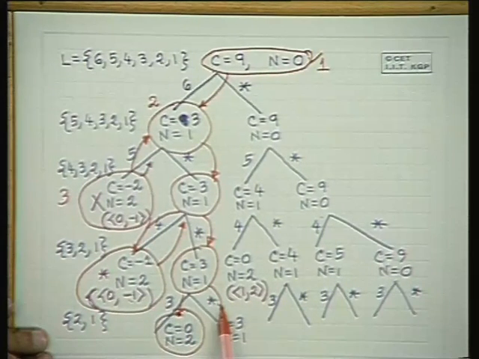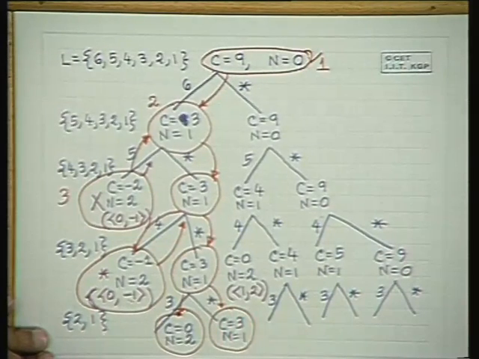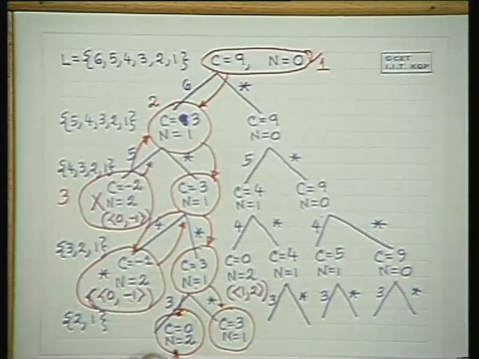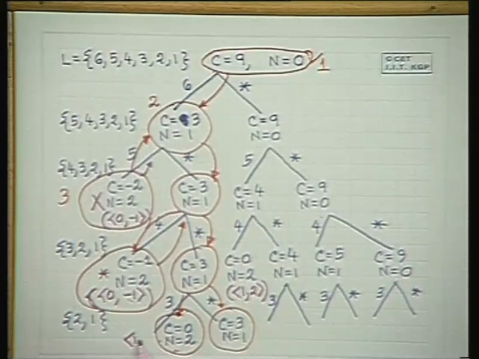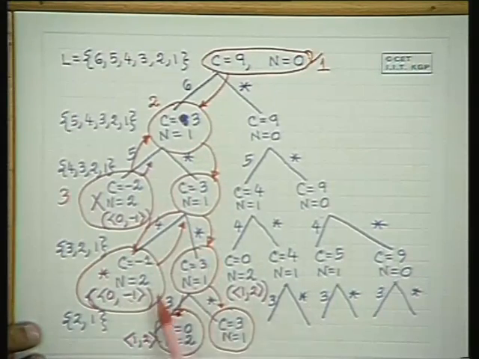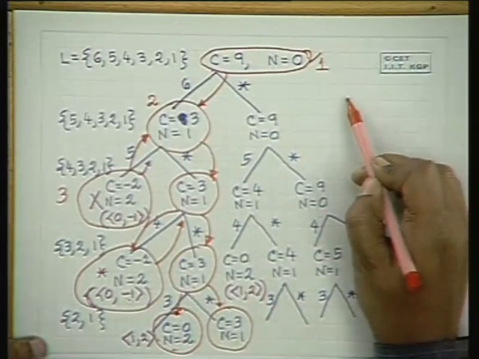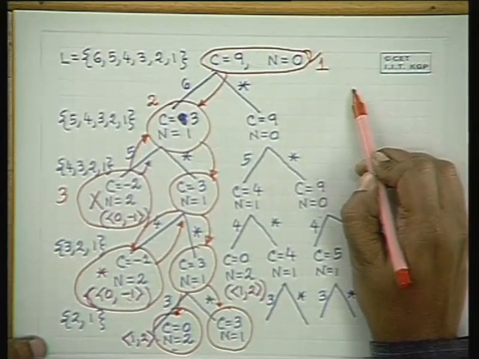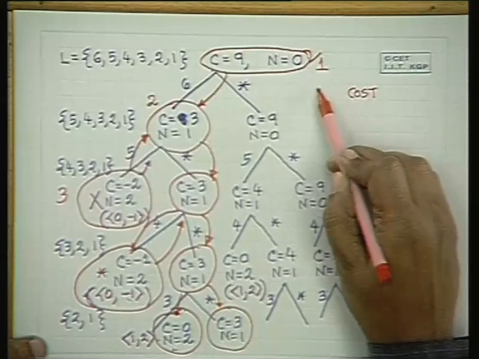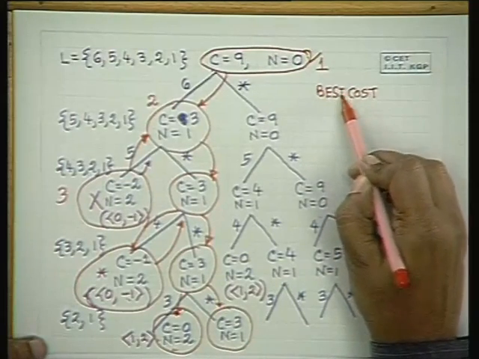Now let us come here. Here we have come to a node. Till now this is the first solution that I have got, and it will return 1, 2. Now let us analyze. Till we did not get a solution, there was nothing to be done. But as we come here, we have got one solution, and the present best cost